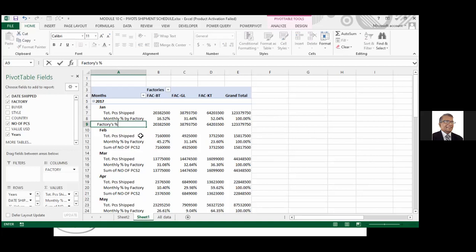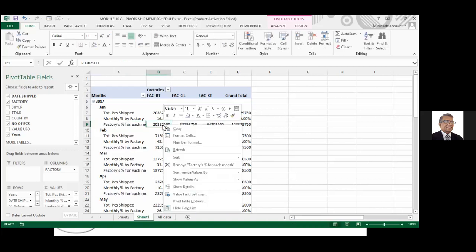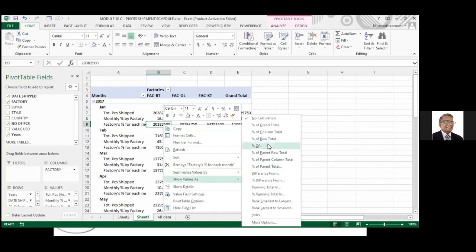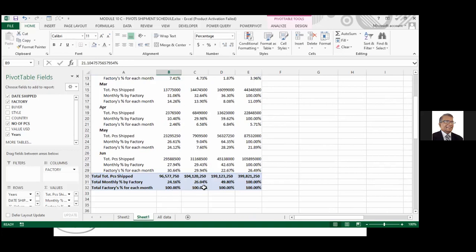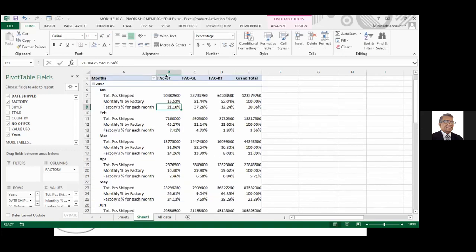Factory's percentage for each month. That's the other way around. So the column total has to be 100. So right click on this, percentage of column total. It's the other way around. So it's 100%, 100%, 100%. Each factory for these months, what is the percentage they have when you analyze the whole year. Then you can get percentage by grand total like that.